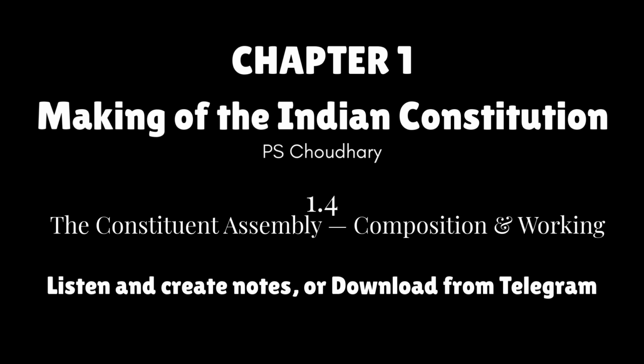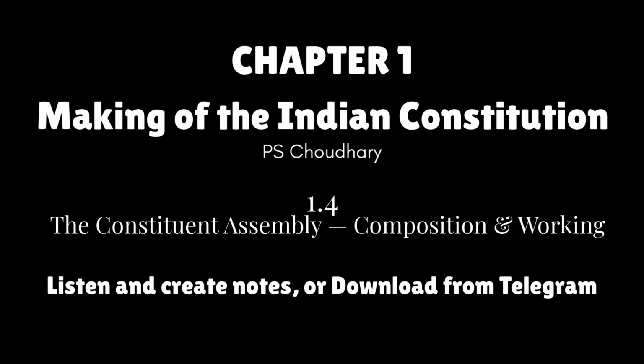In the previous video, we discussed the demand for a Constituent Assembly. We learned that the idea was first proposed by M. N. Roy in 1934. Later, the Indian National Congress officially demanded a Constituent Assembly in 1935. Jawaharlal Nehru strongly supported the idea in 1938 and insisted that the constitution should be framed by Indians themselves. We also saw how the British gradually responded to this demand through the August Offer of 1940 and the Cripps Mission of 1942. But both proposals were rejected. Finally, the Cabinet Mission Plan of 1946 accepted the demand and provided the framework for creating the Constituent Assembly.